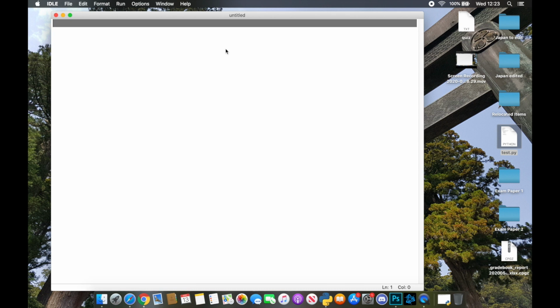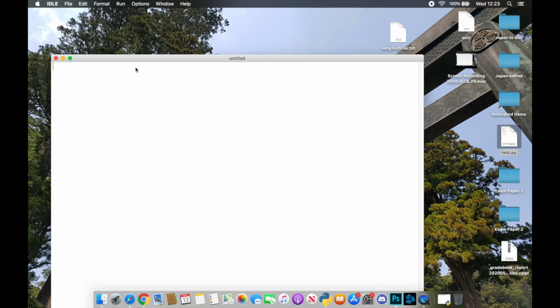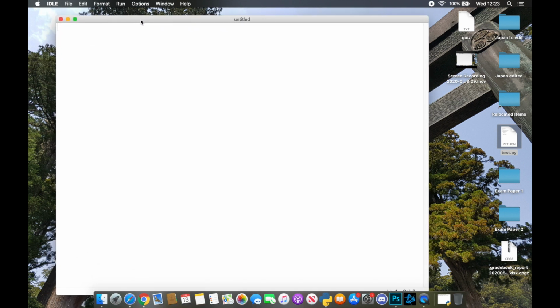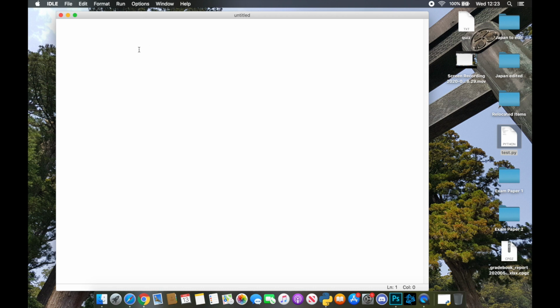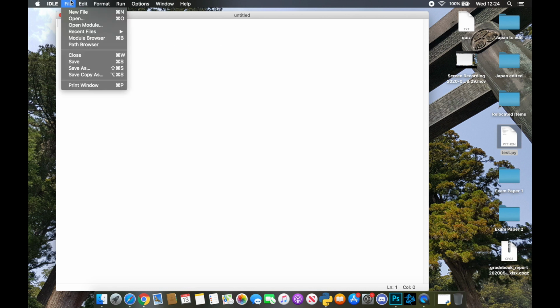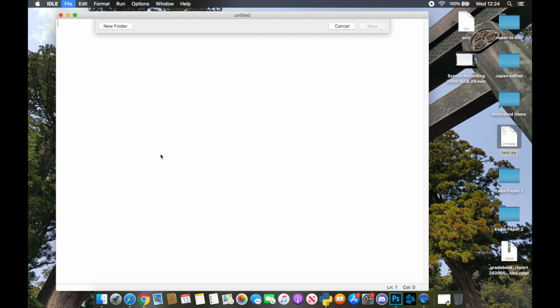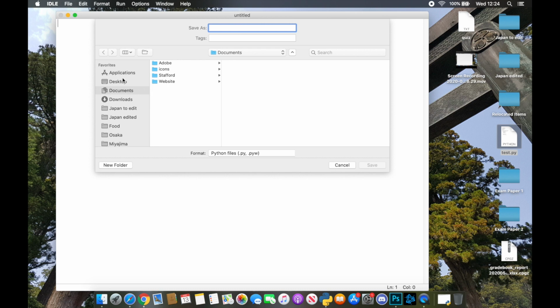Right, and now we can actually get on to doing the coding part of it. So I've just gone to IDLE, and I've gone File, New Window, and I've got myself a new one here. What is important is that this Python file is saved in the same location as that text document. So you can see that's on my desktop. So before I do anything else, I'm going to do Save As, and I'm going to make sure it goes into my desktop,